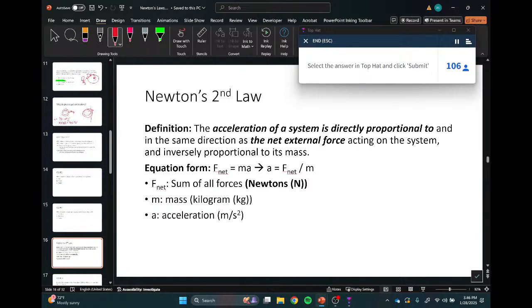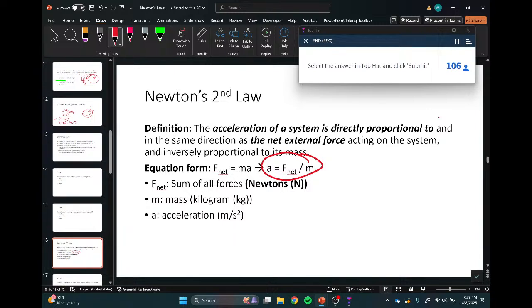So this equation says, honestly, the second one is kind of better. It's all about acceleration. How much an object accelerates is actually what's going to happen to it. And you can find that acceleration by taking the force you apply and dividing it by the mass. The unit of force is newtons. Newton's second law says F equals ma. F net equals ma. The relationship between force, mass, and acceleration is F equals ma. That's probably one you've seen before. If not, there it is. It's a really nice and simple equation, and it's really going to be the bread and butter of what you're going to be using when we actually solve problems.